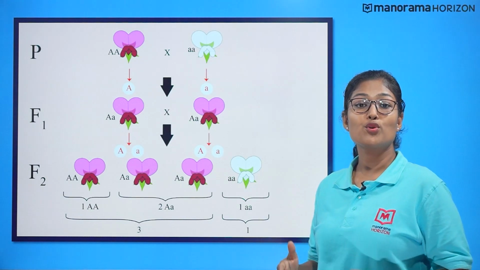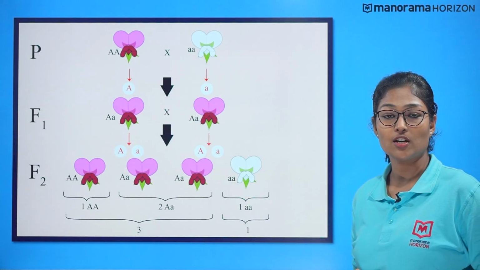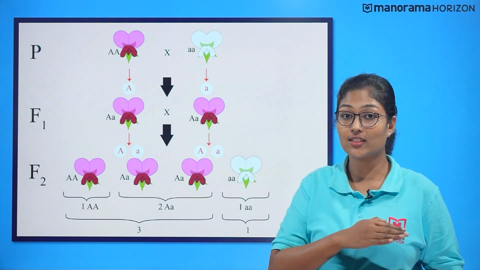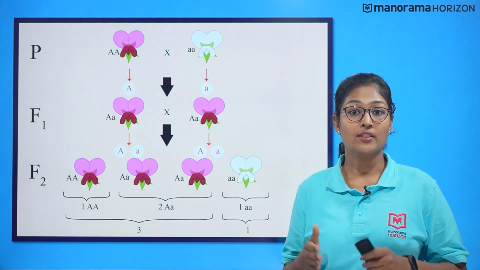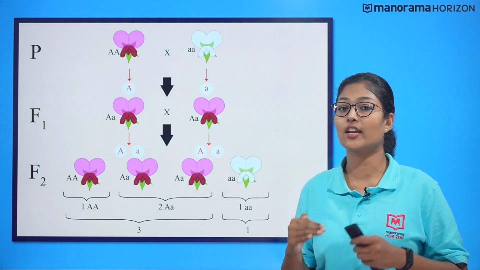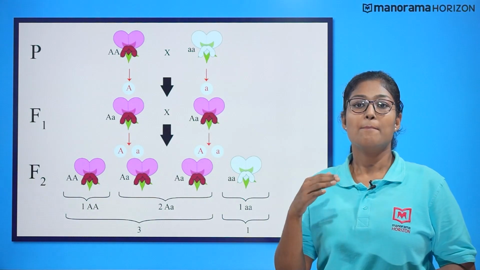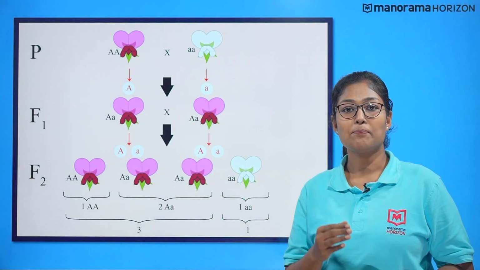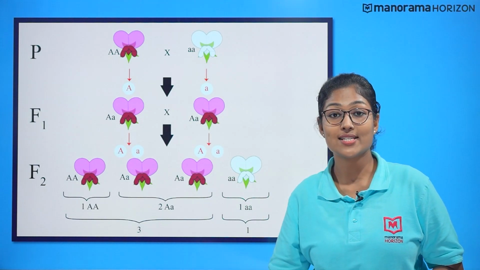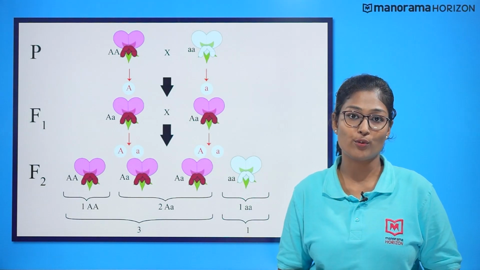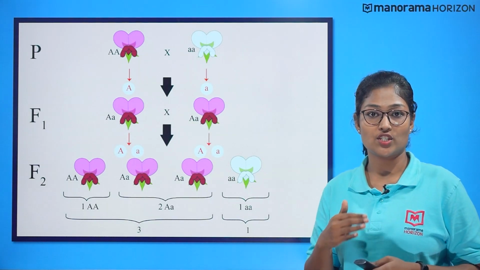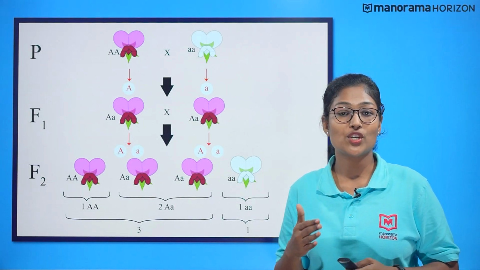By performing the monohybrid cross, Mendel observed the F1 generation all had the same phenotype as either one of the parents. The F2 generation had phenotypes identical to both parents in the ratio 3:1. Mendel concluded that in the presence of dissimilar alleles, one expresses while the other is suppressed, as in the case of F1, but the suppressed allele is expressed in the F2 generation, that is the next generation, which he postulated as